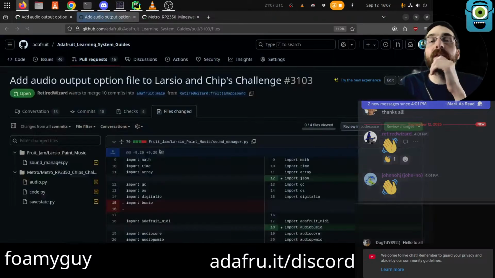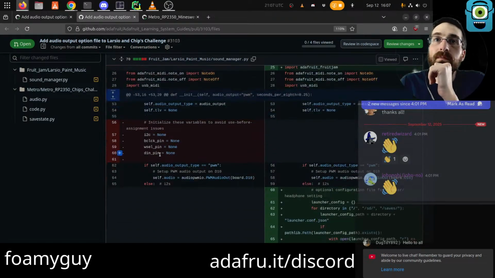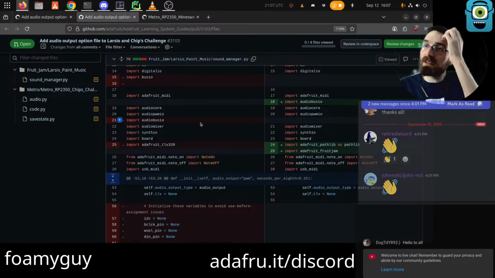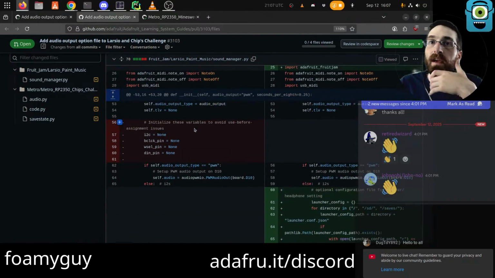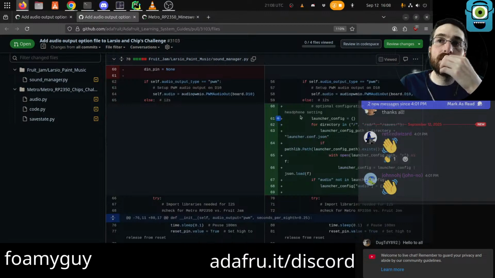We'll start here. And this is basically, I think, allowing the end user to set the volume of the game. So Larzio Paint Music, obviously it's like a music-making toy, music-making game. This is then going to let you set the volume there. One thing we could do is... Do we want to, though? Maybe not. One thing we could do is use the